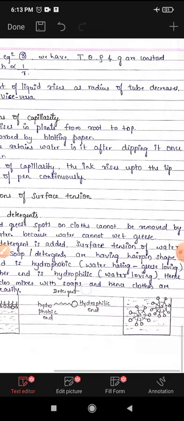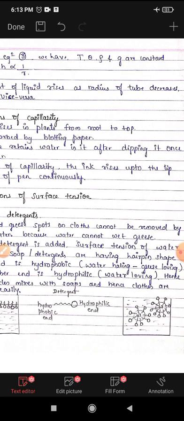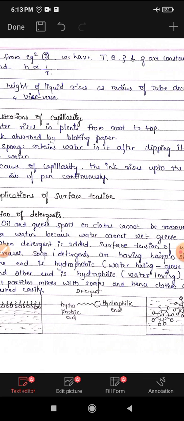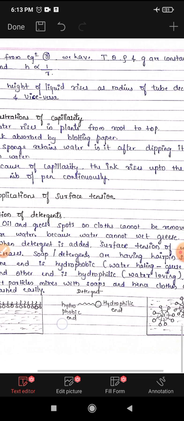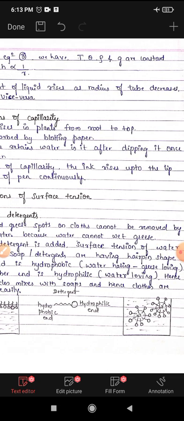This hydrophobic end is free here, and when we want to wash the clothes, this hydrophilic end is attracted by the water molecules, and the hydrophobic end is attracted by the oil or grease materials which are on the